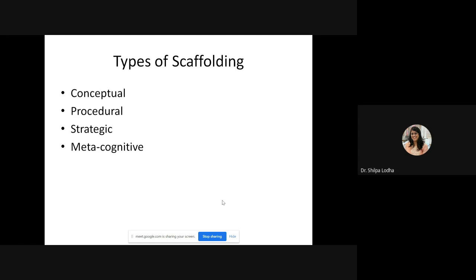The second one is procedural scaffolding. Procedural scaffolding is nothing but helping students use appropriate tools and resources in an effective manner. So here comes the technical help and support to the student, how they can make the best use of available